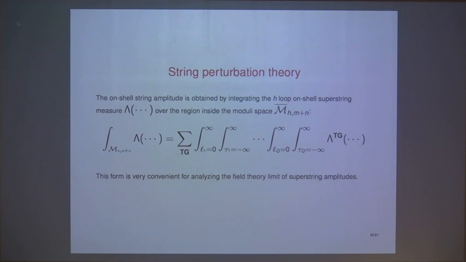So here again, I can combine the integration over the moduli space with the sum over all the MCG elements, and that converts this into a simple real integral. And here the twist integration is from -infinity to infinity, and the length integration is from 0 to infinity. So the nice thing is that now if you want to study string amplitude, you don't have to know anything about moduli. So you have a simple integral. And the whole difficulty will be just to construct the measure associated with each trivalent graph.